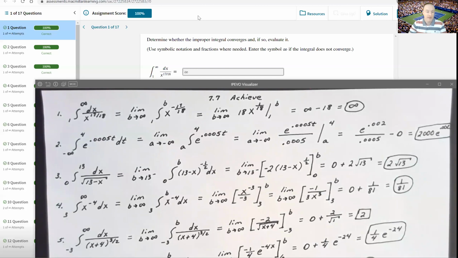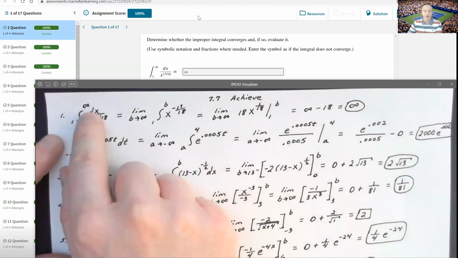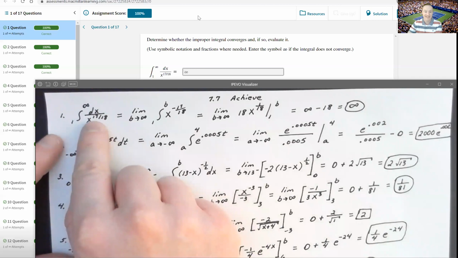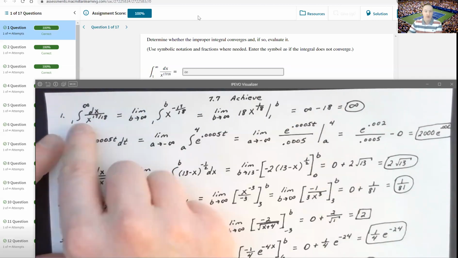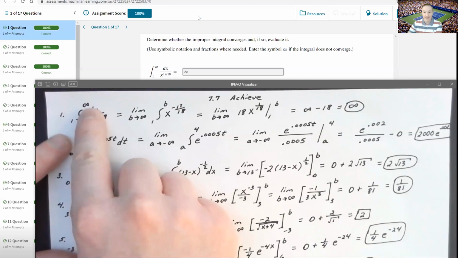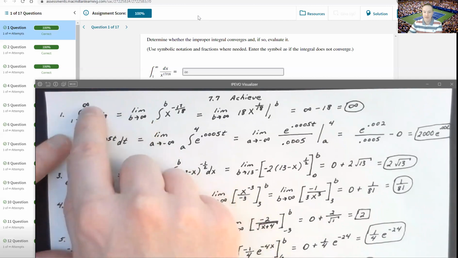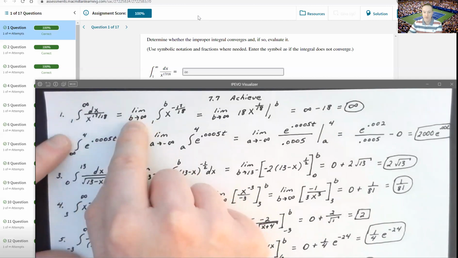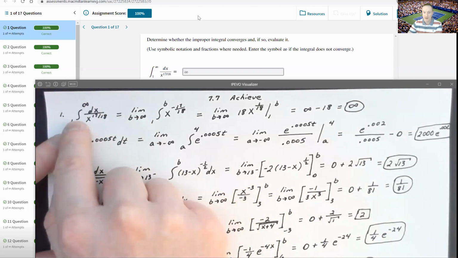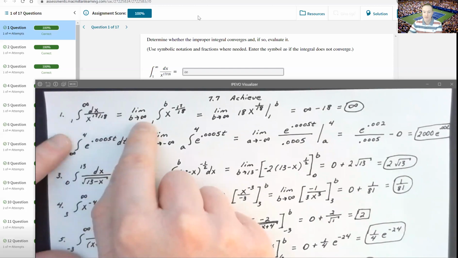Okay, so let's go ahead and look at the first problem here, where it's asking us to integrate from 1 to infinity of dx over x to the 17/18th power. So the problem with this is that you have a limit of integration at infinity. You can't evaluate any function at infinity and get a real value. So we say, well, all right, then let's take the limit. And for any time it's an upper limit, I'll always use b. For any lower limit, I'll always use a, because the limit is usually defined as the limit from a to b. So in this case, I'm going to say let's let the limit as b approaches infinity of the integral